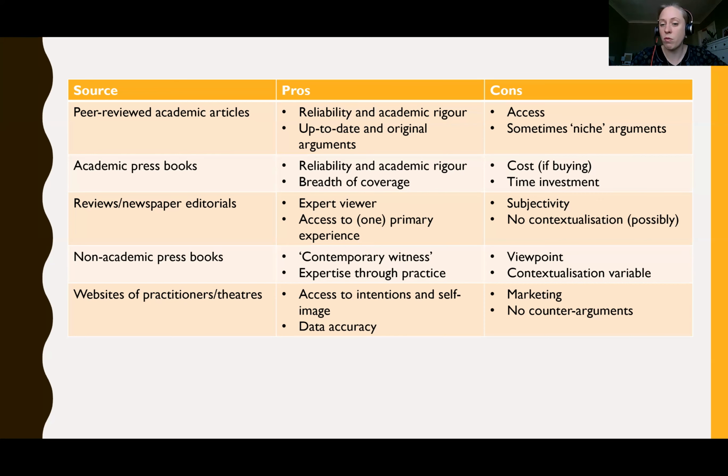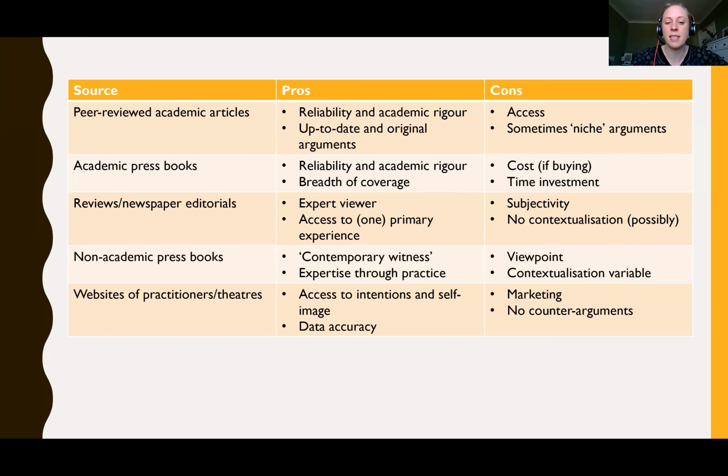So we need to think about the viewpoint which this work is written from. And the contextualization might be variable. Some authors might want to draw in context if that's relevant to their practice. Others might be less interested in doing that. And that's where we then, as academics, as scholars, as people writing scholarly, need to supplement that contextualization. That's where we need to do it ourselves in order to place things carefully and not just accept things unmediated